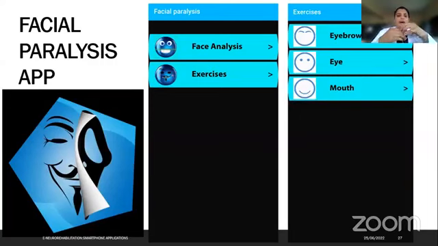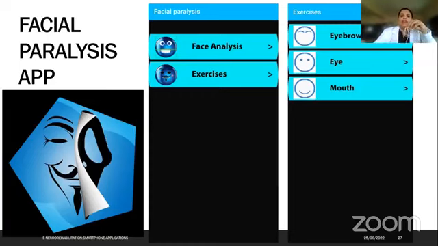Now you have another app, a facial paralysis application. Let's say we always advise exercises to our Bell's palsy or facial palsy patients, that do this exercise in front of the mirror at home. But usually what the patients do, in the initial 5-10 days, the patient will definitely perform the exercise. What happens afterwards? He will perform once, then not at all. Whenever the patient gets time, he will perform. So for this purpose, you have a facial paralysis app. This app is free and available, in which exercises are given. Video simulation is also given in this application.